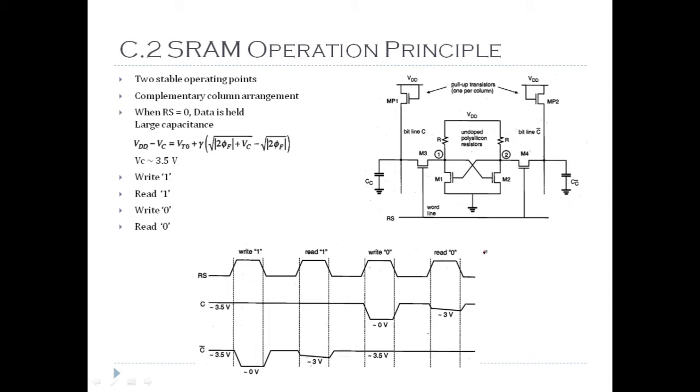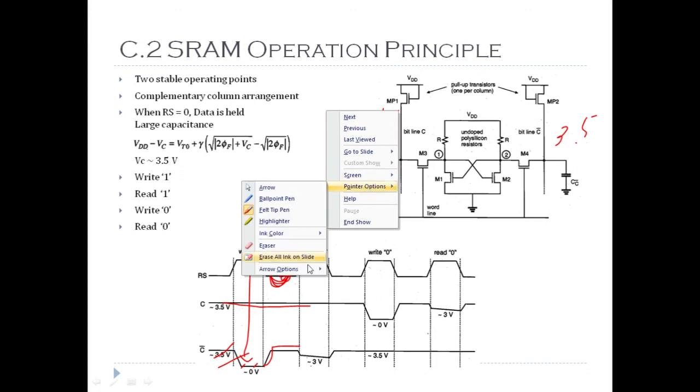That's why the operations are normally carried out using the pre-charge kind of structure or the dynamic form, so that during this negative cycle, you can see 3.5 was there, it is retained at this column, but C bar was pulled low during the write 1 operation. So during this pre-charge or equalization, this is pulled up. After this, it will become 3.5 and 3.5, so that the next operation can be carried out.